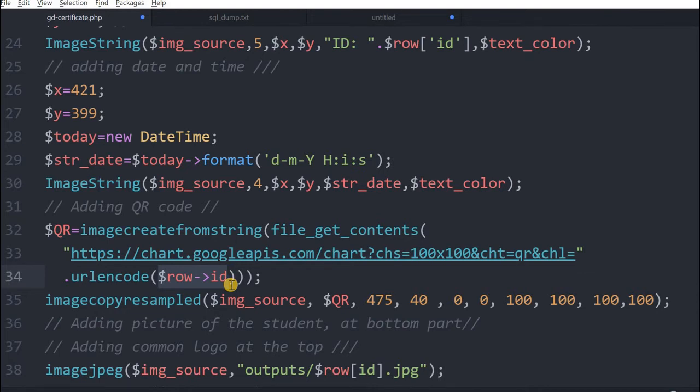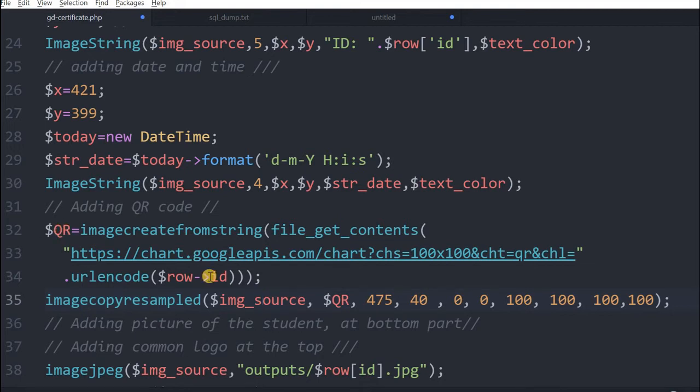When you scan it using a scanner, nowadays you can download a scanner to your smartphone, available freely. I recommend that you download a scanner and experiment while running this script. Whatever QR codes are generated, use the scanner in your smartphone and read that data. So you will understand how it is created. That is a better way of checking the outputs also. So this is all about our QR code.